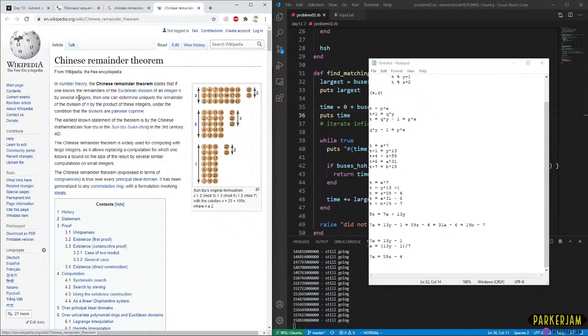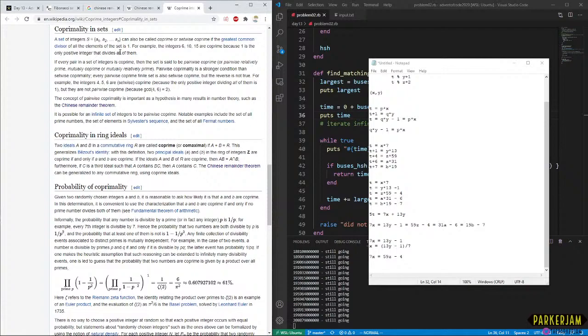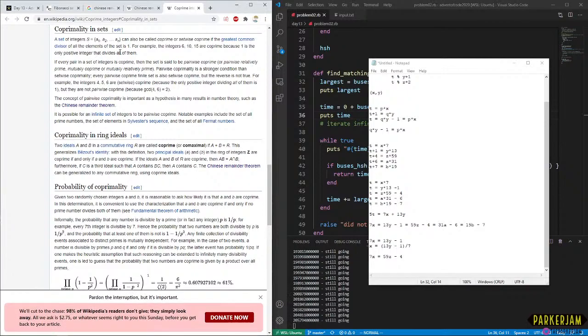Okay, so you can determine the modulus by the product of those numbers under the condition that the divisors are pairwise coprime. I don't know that term either. A set of integers can be called coprime or set-wise coprime if the greatest common divisor of all the elements of the set is 1.